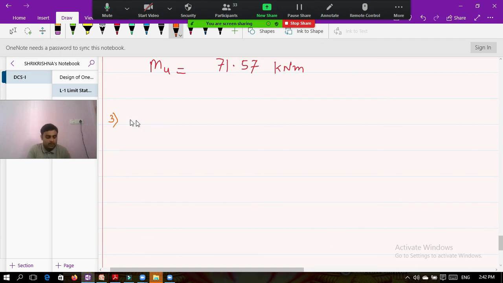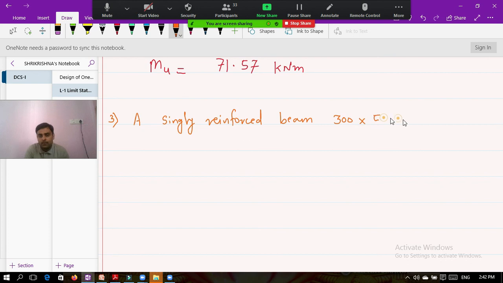Here a singly reinforced beam, 300 by 500 mm,